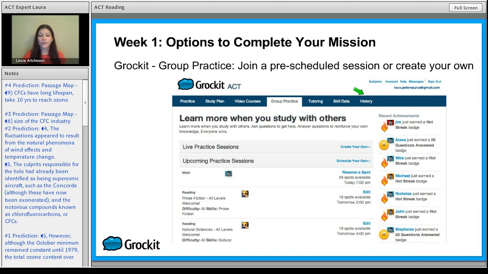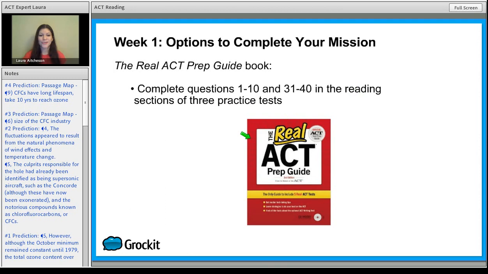Now, if you prefer to use the Red Book, you absolutely can. There's no reason that you can't do this prep program completely on your own if you choose not to utilize Grokkit. That's absolutely fine. What you need to do though is you need to complete questions 1 through 10 and 31 through 40. So that is prose fiction 1 through 10, 31 through 40 is natural sciences, and you need to do it in 3 separate practice tests. So that's a total of